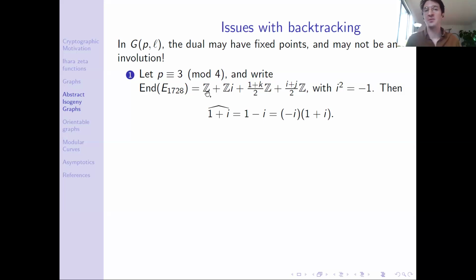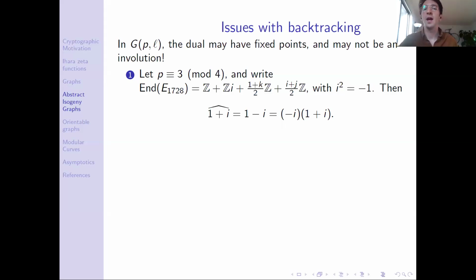But you can write down this endomorphism ring as an order in a quaternion algebra very explicitly, and the dual corresponds to quaternionic conjugation. So this equation you see at the bottom here, that the dual of the endomorphism 1 plus I is 1 minus I, is the same thing as minus I times 1 plus I, tells you that the dual is the same as the original endomorphism up to post-composition by an automorphism, right? So the minus I is an automorphism,